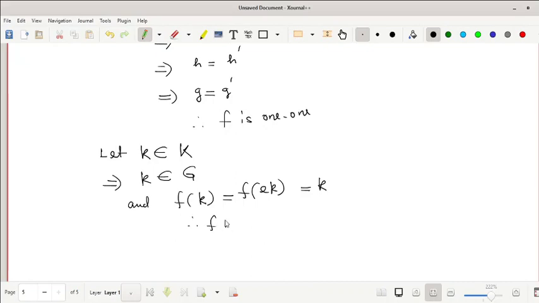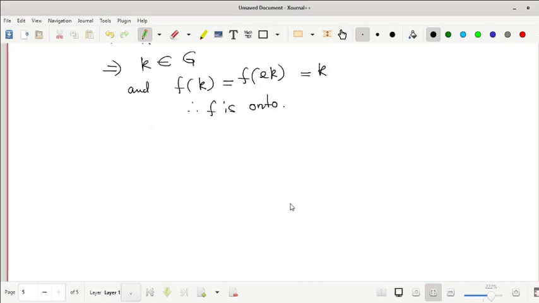Therefore, f is onto. So f is a homomorphism, it is one-one, it is onto. Hence,